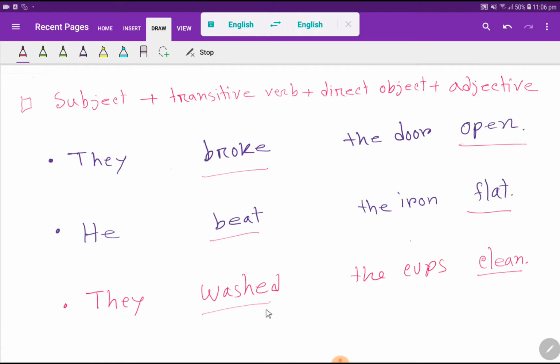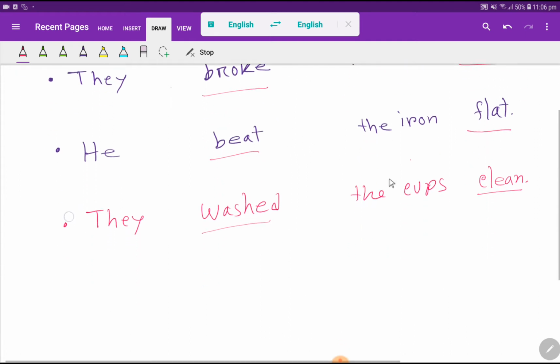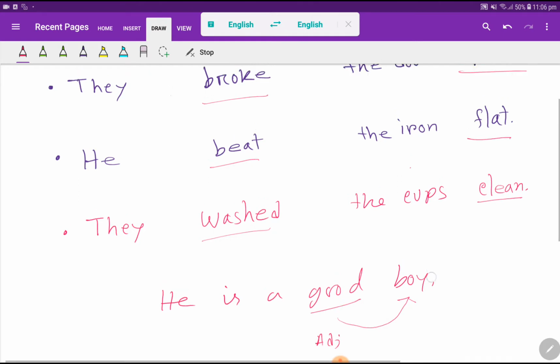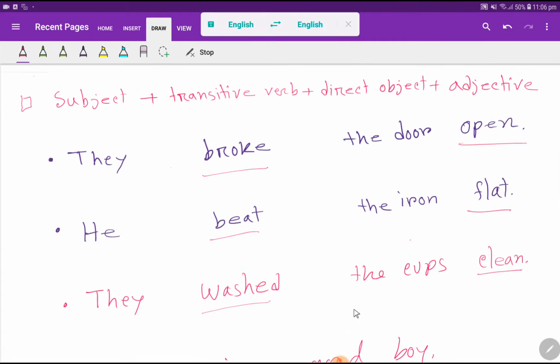Look, they washed the cups clean. So clean is an adjective and it is modifying the noun cups. That is, usually we use an adjective before a noun. Look, he is a good boy, right? This is an adjective and it is modifying the noun boy. We usually put the adjective before the noun, but in this case we are going to put the adjective after the noun, right? In this pattern,